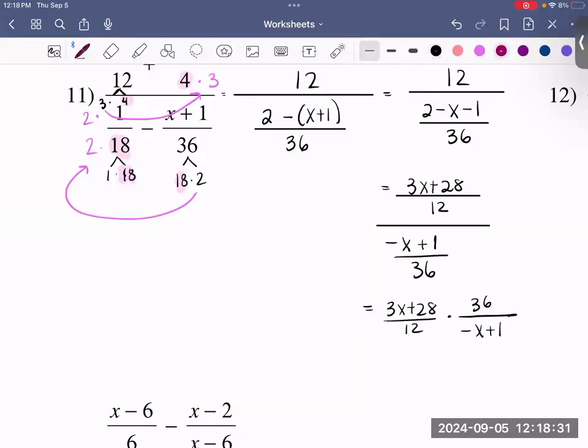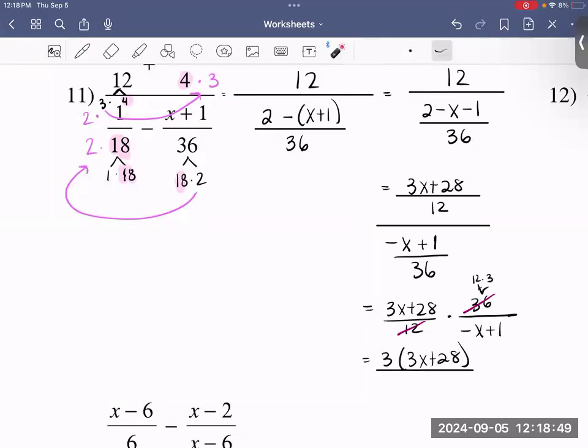You'll notice that 36 and 12 have something in common. Let's see, 12 and 36, we're leaving behind a 3. So we have 3 times 3x plus 28 all over